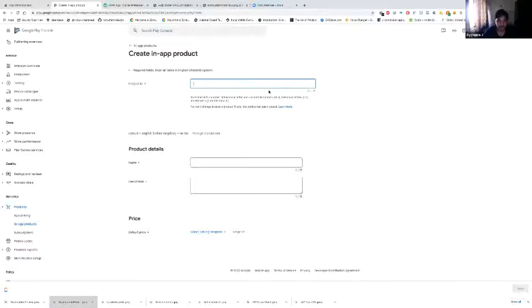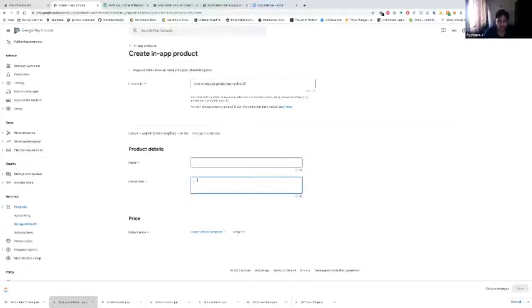Yeah, this is the place where you usually give the product ID, company dot product name dot level 2. So you just give a name and description. Once you fetch the details, these are the details that you are going to show within your app.